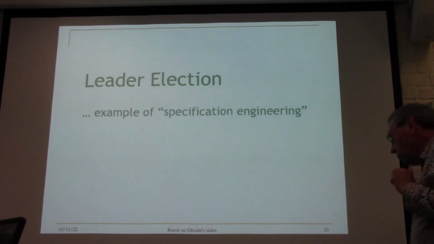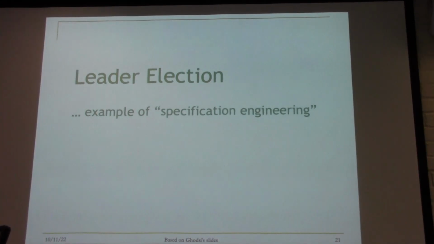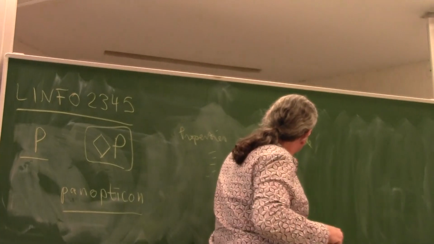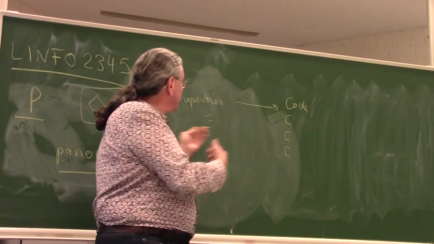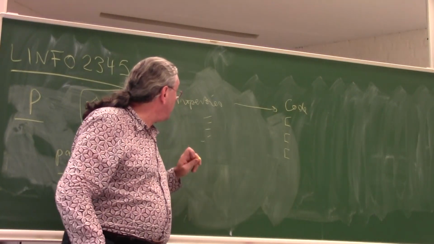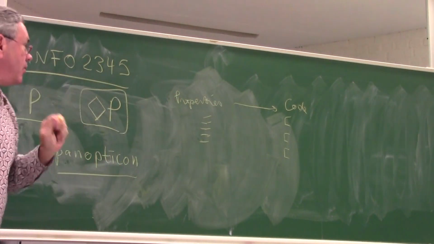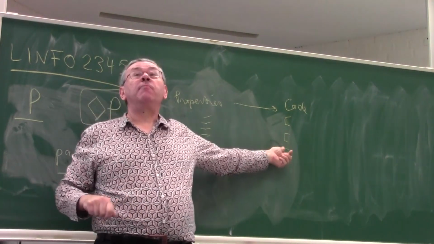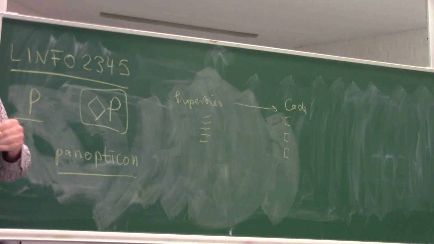To play around with specifications. Remember we had properties, and then we have code. And here we have safety and liveness, and here we have these blocks of code. And there's kind of a connection between the two, of course, because the code has to satisfy the properties. But in real system design, you can change both of them. So maybe we add a property to make the code simpler or nicer, or to make the behavior nicer or something, okay?